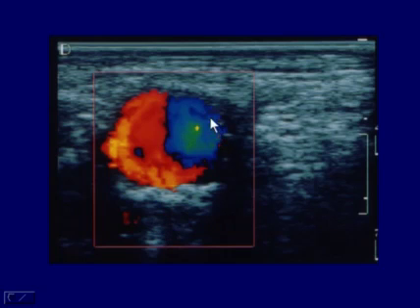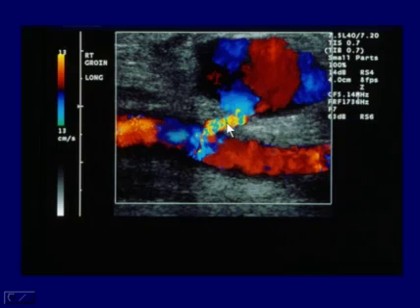On ultrasound, we'll see a classic yin-yang kind of appearance to the color, this swirling appearance as the blood comes in, hits the dead end, and swirls back out. Here is a longitudinal scan of perhaps the common femoral artery. Here's the tear or the defect in the vessel wall, resulting in the neck or the track into this large